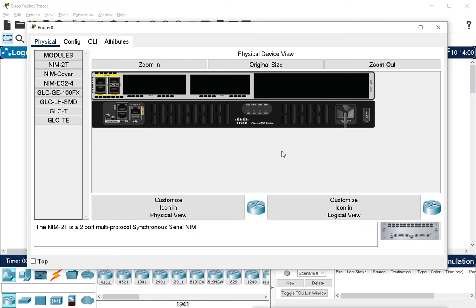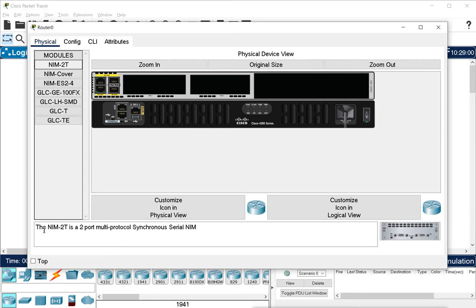Now what type of modules can we put in this model of router, this series of router? So we have these modules available here. You can see the modules here also. This is a cover to cover these modules, if you don't want to add any modules. This is NIM2T. When you select this model, you can see the physical view of that module here, and also what that module will do and what ports it has.